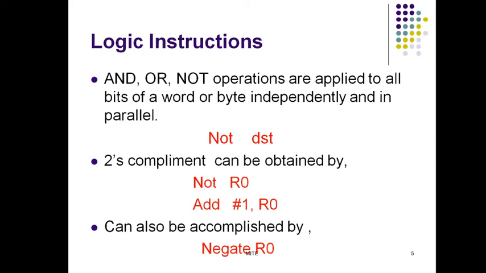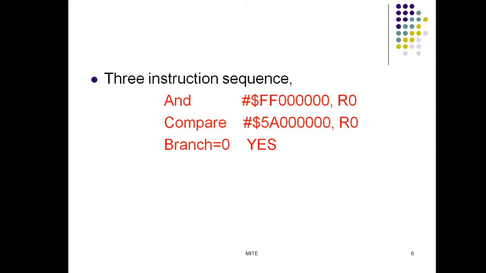Okay, now consider an application for the logic instruction AND, which performs the bitwise AND operation on the source and destination operands. Okay, so the AND operation will be performed between source and the destination. Suppose that four ASCII characters are contained in the 32-bit register R0. One ASCII character is of how many bits? 8 bits. Okay, so four characters means 8 into 4, the 32-bit register R0.